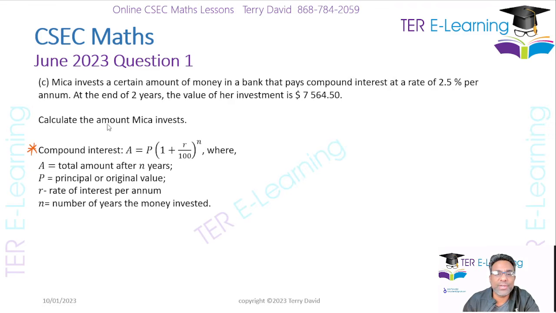They want you to calculate the amount that you invested, which is what they call P, or the principal. Now we're going to use that formula there. So we write P multiplied by 1 plus 2.5 over 100, and the number of years in this case is 2, and that is equal to the amount she had at the end of the 2 years,